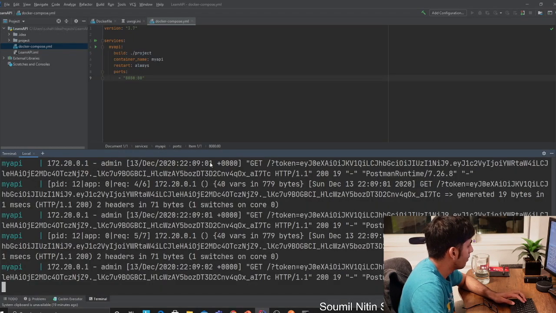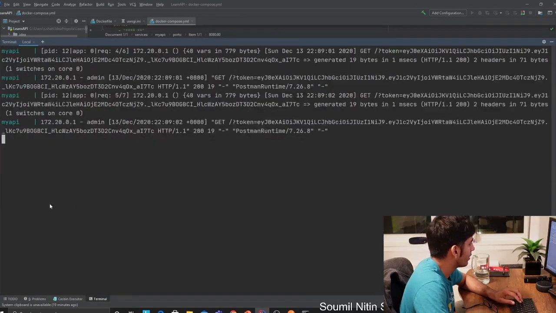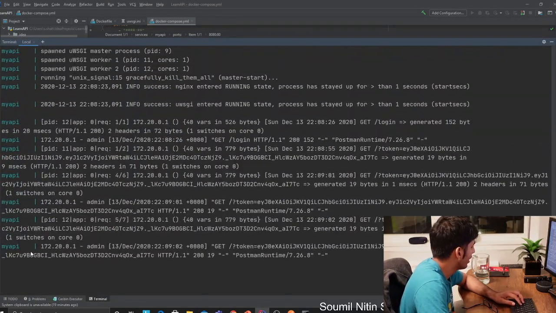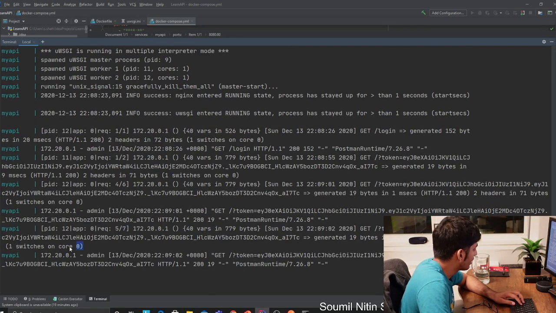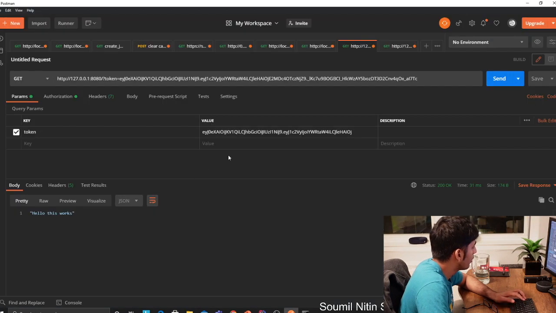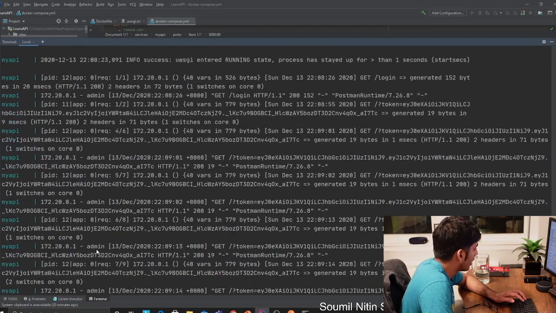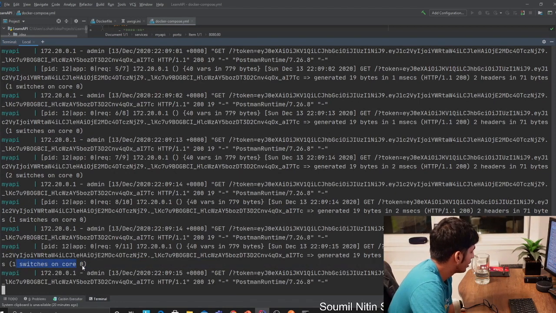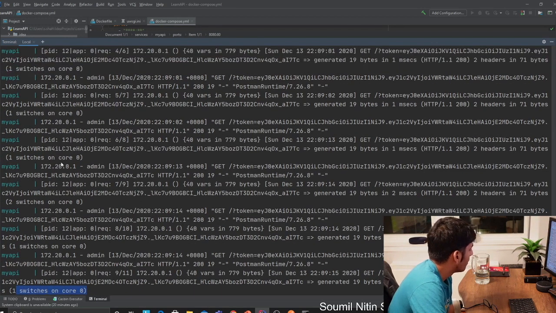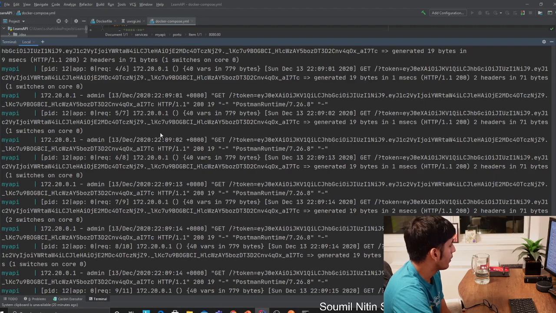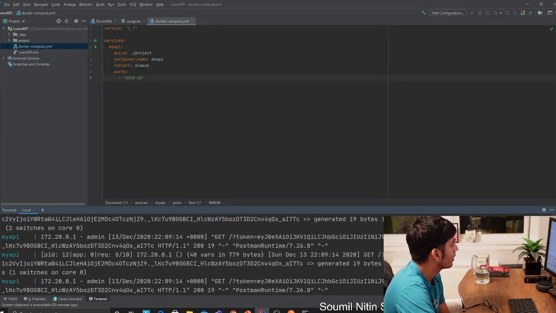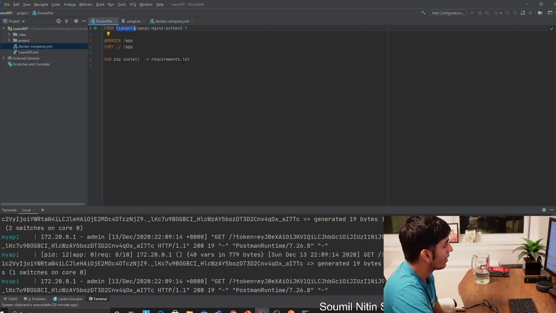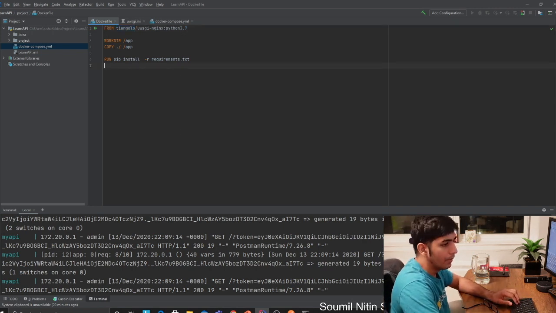It can scale up for multiple clients as well, as load balancing is there, Nginx is there. If you can clearly see the core zero, if you do it a lot of times, it's going to switch the cores. You see it's returning that. So core zero, it basically switches. See, now one switches on core zero. So basically, it would do all the load balancing and all of that for you. You don't have to worry about that, because the Dockerfile, the Tiangolo uWSGI Nginx image does all of that for you. So that's the deployment, right?